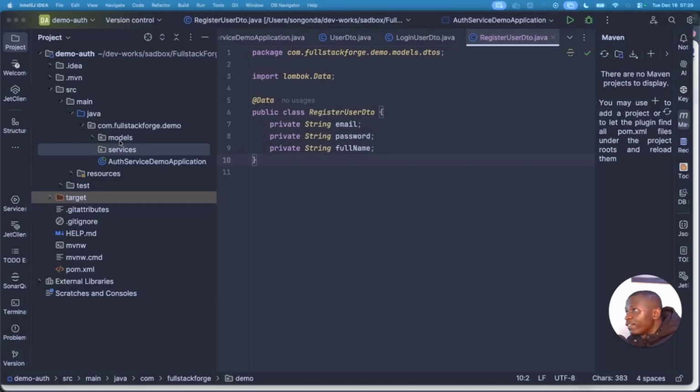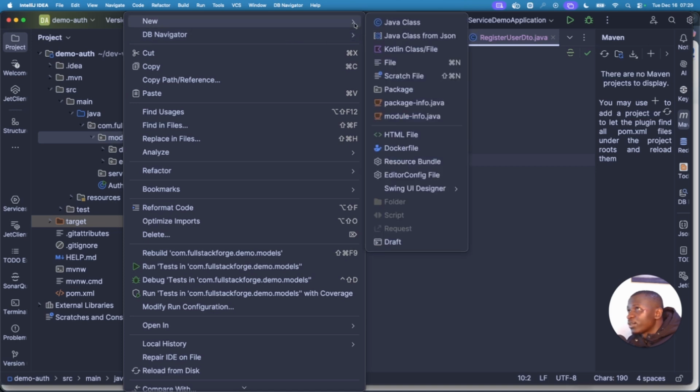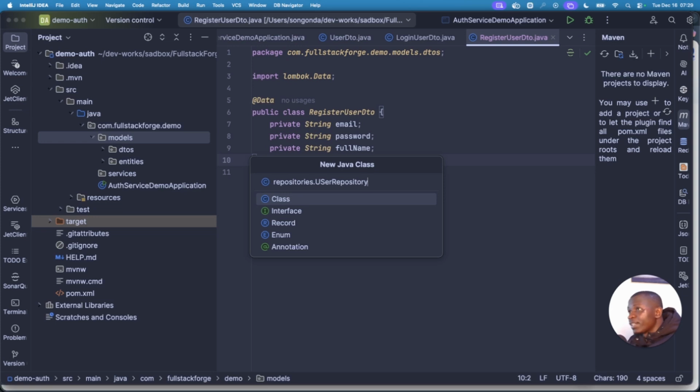So before we go very far even into the service layer, inside models, there's one item that we need to have also here, that is repository. So under repositories, we just have one user repository. This one will enable us to interact with the database, rather than writing the statements and queries to go to the database. So I'll say it's user repository under the repositories